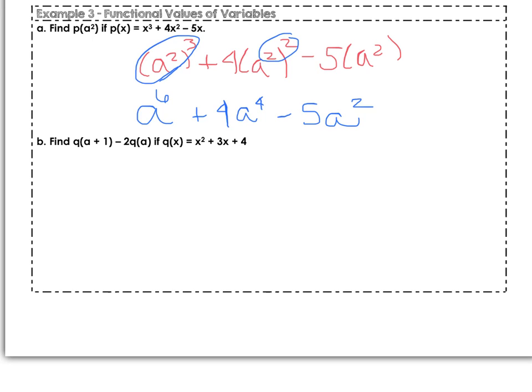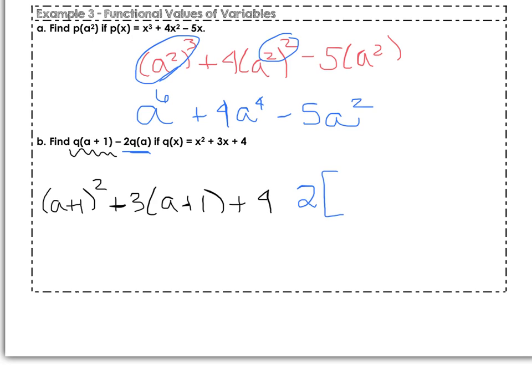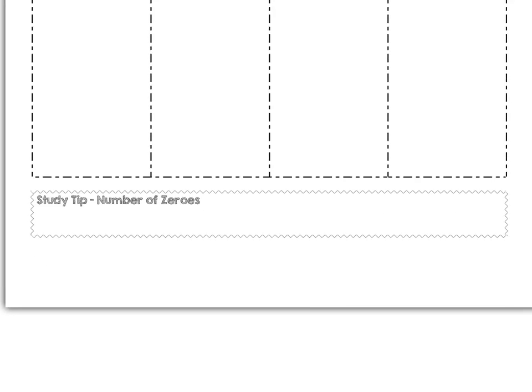Now, I'm supposed to find the expression q of a plus 1 minus 2q of a. This is a little bit more advanced, but don't worry about it. Q of a plus 1, that just means plug in a plus 1, that quantity in, for x, okay? The second part of this expression is 2 times q of a, so I'm going to put a 2 on the outside, and then in my expression, I'm just going to plug in an a anytime I see an x, okay? So now, let's see if you can finish up this one on your own and check your answers. Notice that this page here, it's just a lot of blanks for you to fill in,